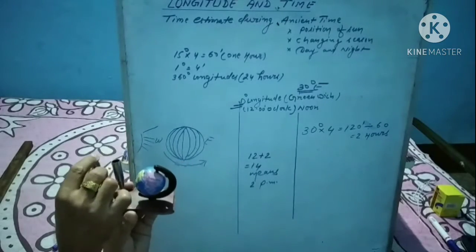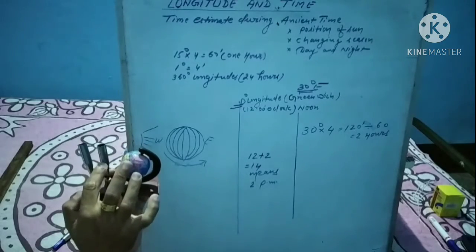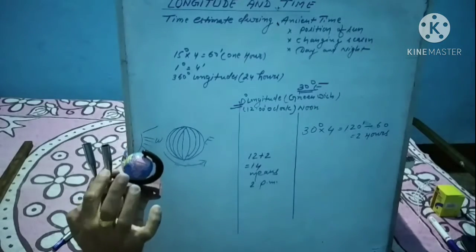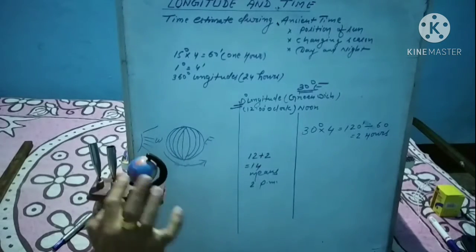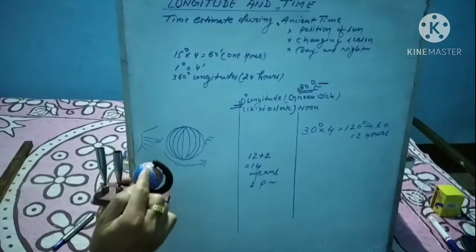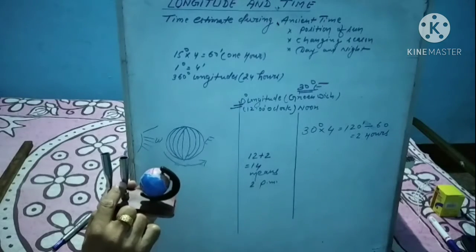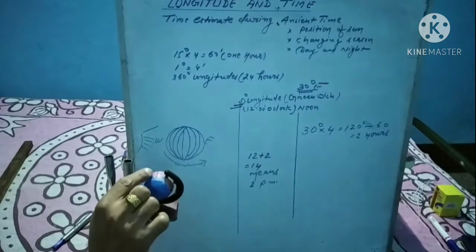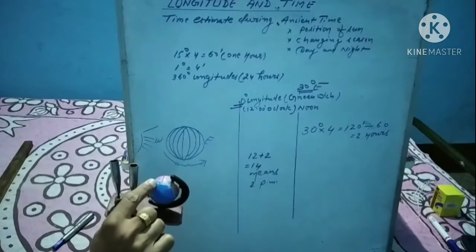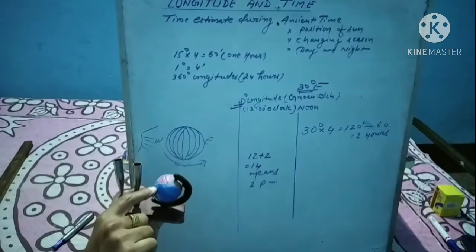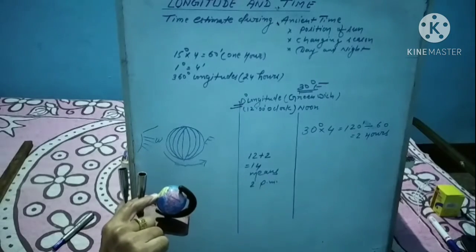Suppose this one is the sun, the position of the sun. Sunlight is directly overhead on the earth, but the earth is rotating in this way. Then what happened? Different longitudes of the earth's surface do not receive sunlight at the same time. The front side longitude now receives the sunlight, but these longitudes move according to the movement of the earth. Then another number of longitude receives the sunlight.